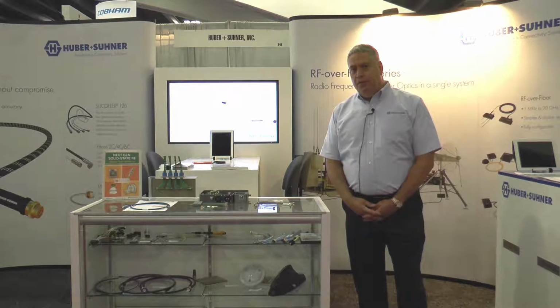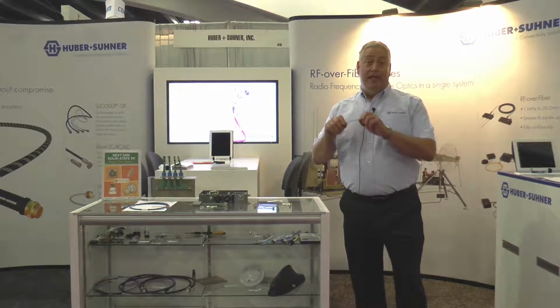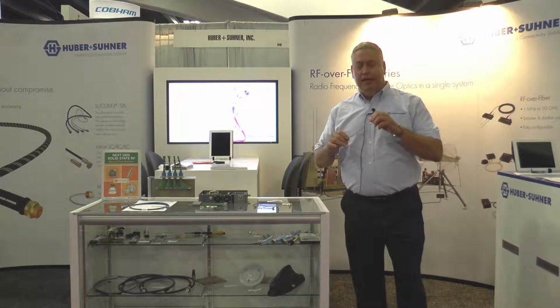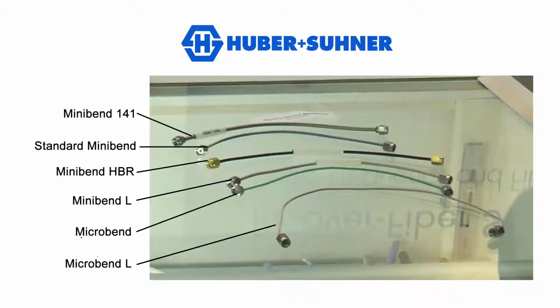You're all pretty familiar with the functionality of our MiniBend product. Quite simply, it's bend to the end. So you do away with a lot of strain relief boot. You get the utmost in flexibility and compactness with our MiniBend family. So of course you know what's been out before, the MiniBend 141, our traditional MiniBend product in the light blue